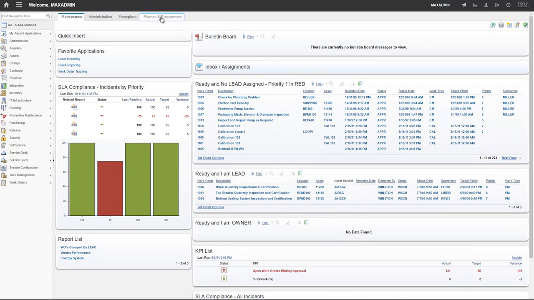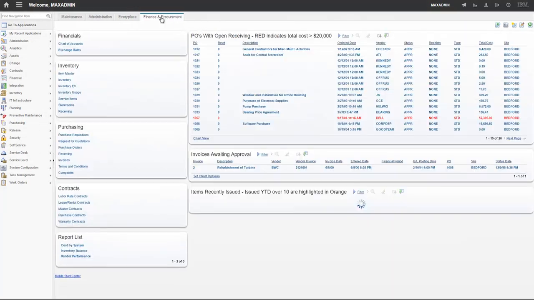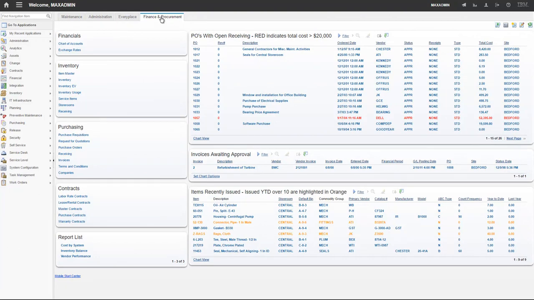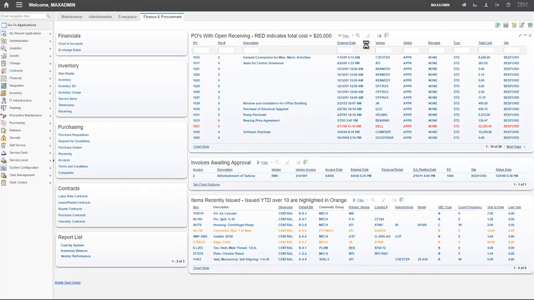And I mentioned before the Finance and Procurement Start Center, a little busier. One thing I would mention here, a lot of people will do this in the access for purchasing and go to purchase orders. For the receiving person, it's a lot easier if the result set is actually based on a query inside receiving. So that way when they look, if they want to filter, well, there's only 26 on here, it's not that much, but if you wanted to filter on, say, a certain vendor,